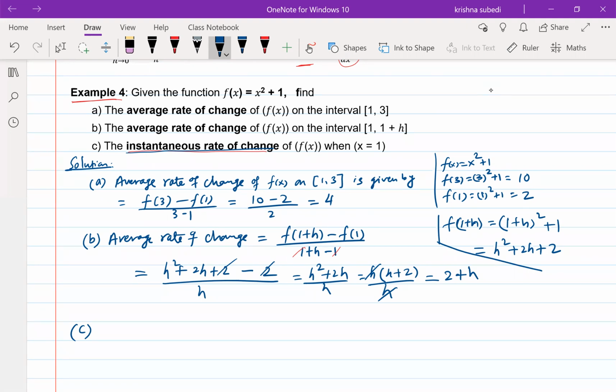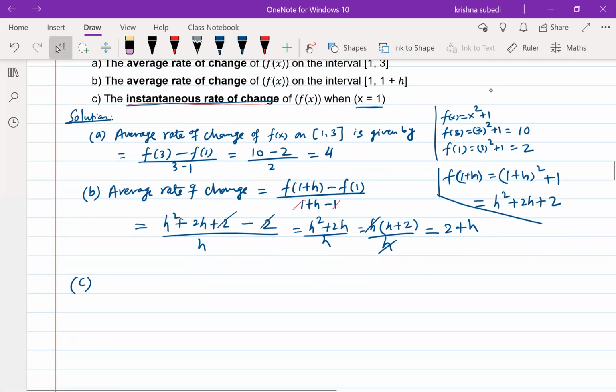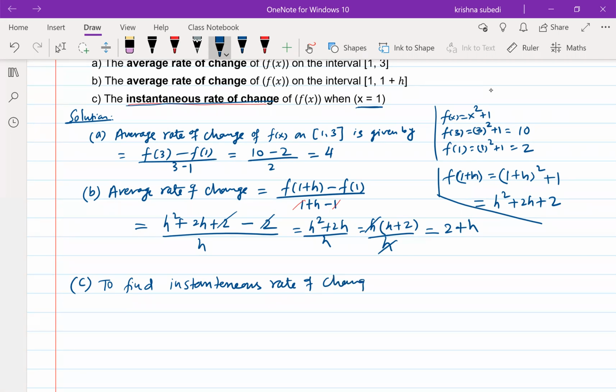For the instantaneous rate of change, we need to find the slope of the tangent line at x equals 1. So how do you do that? There are 3 steps. To find the instantaneous rate of change, which means the slope of the tangent line,